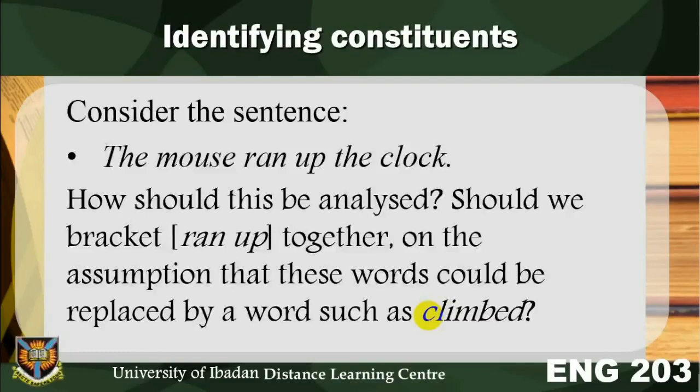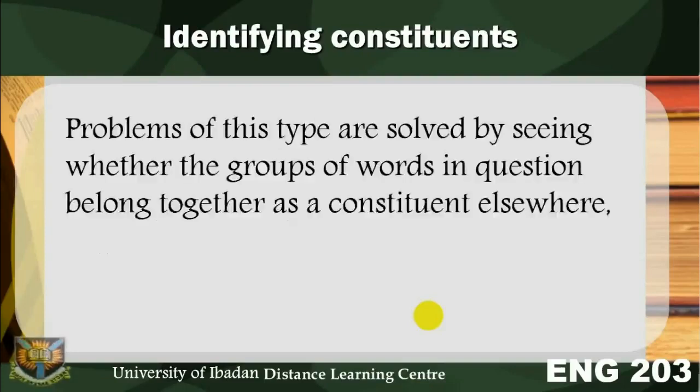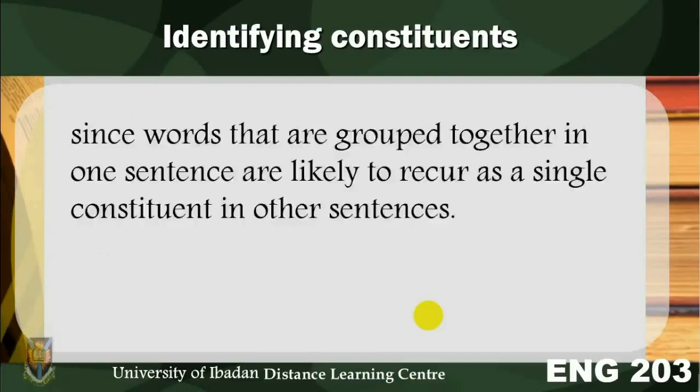Should we bracket "ran up" together on the assumption that these words could be replaced by a word such as climbed? Or should we bracket "up the clock" together, noting that the phrase could be replaced by a single word such as upwards? Problems of this type are solved by seeing whether the groups of words in question belong together as a constituent elsewhere. Words that are grouped together in one sentence are likely to recur as a single